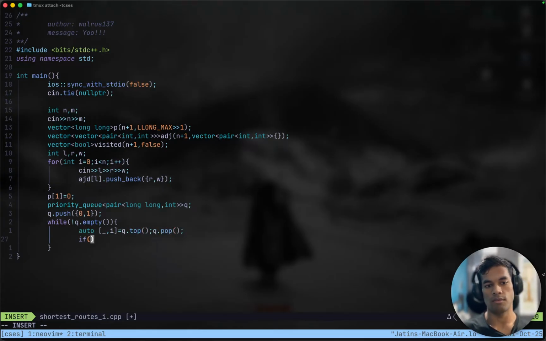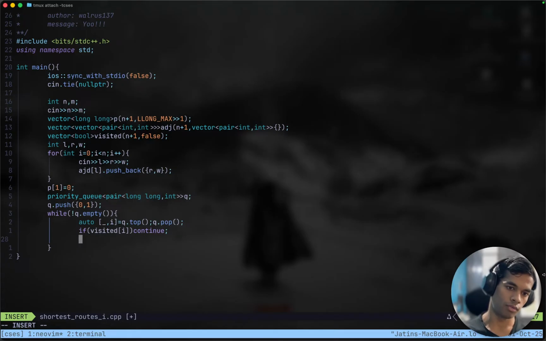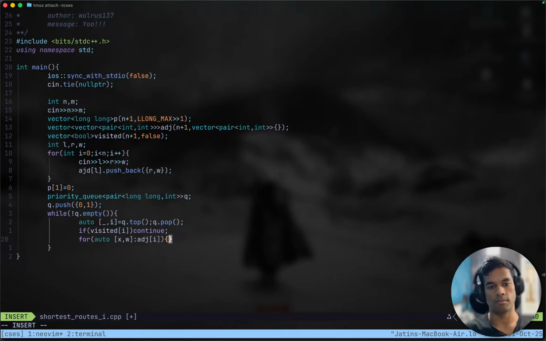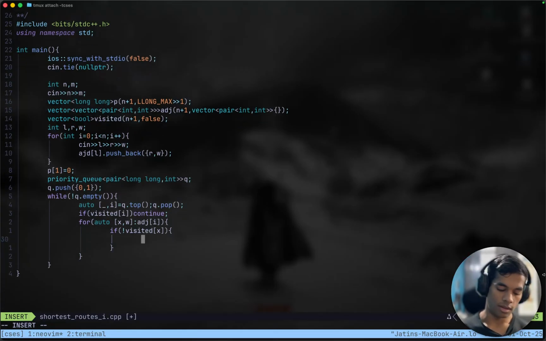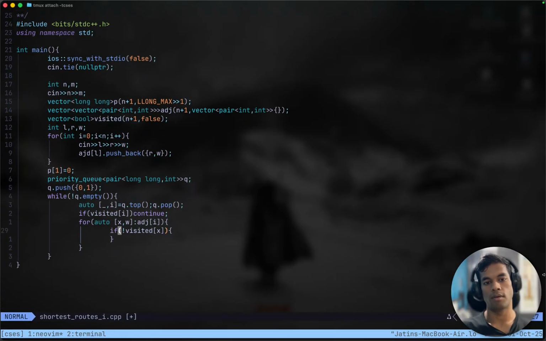After popping, if we have visited this thing before, visited[i], if we have visited i before, then we will continue to the next iteration of this while loop. But else, if it has not been visited, then you will go through all the nodes X which have been connected to i with a weight W, in adj[i]. And if X hasn't been visited, then we will check if X, first of all, hasn't been visited, and second of all,